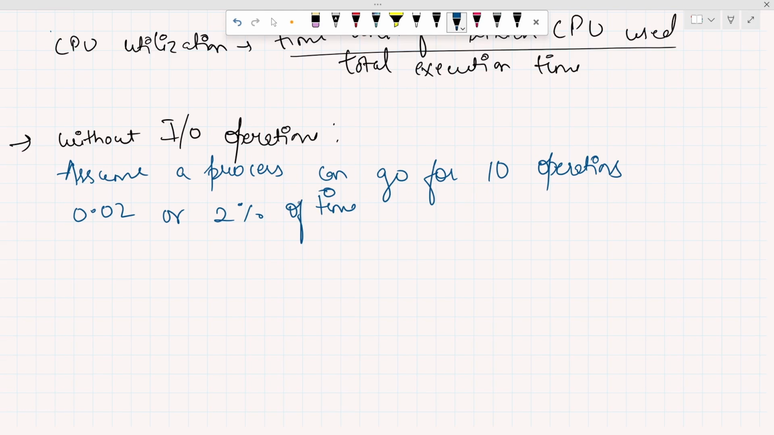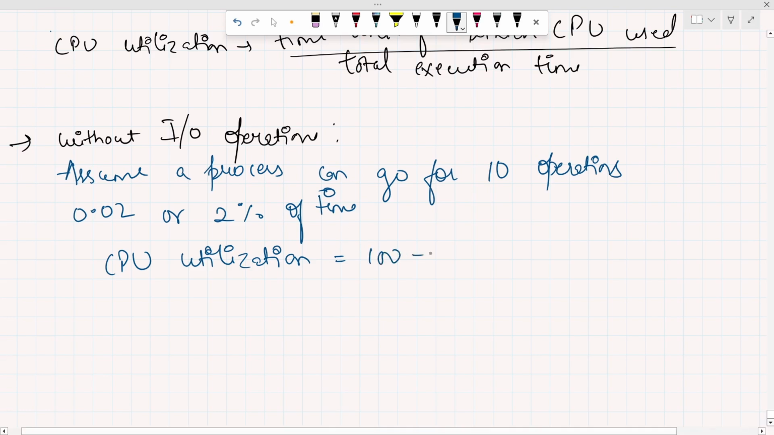Let's say that a process spends 100% on a CPU. But if it needs to perform some IO operation, then for 2% of the time it performs IO operation, and 98% of the time it executes on the CPU. Okay, this thing we need to assume. Now we can easily find out the CPU utilization. So how do we find out the CPU utilization? Take 0.02, or in percent,